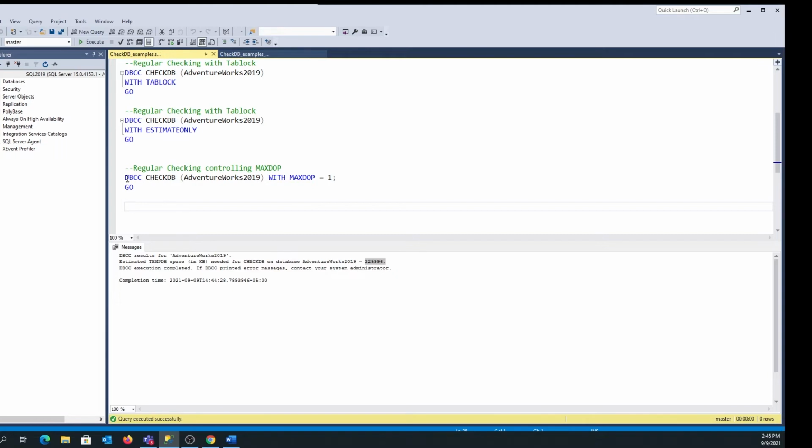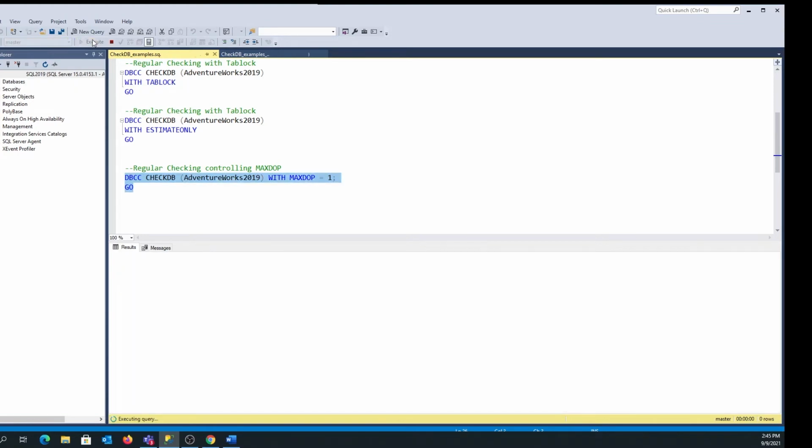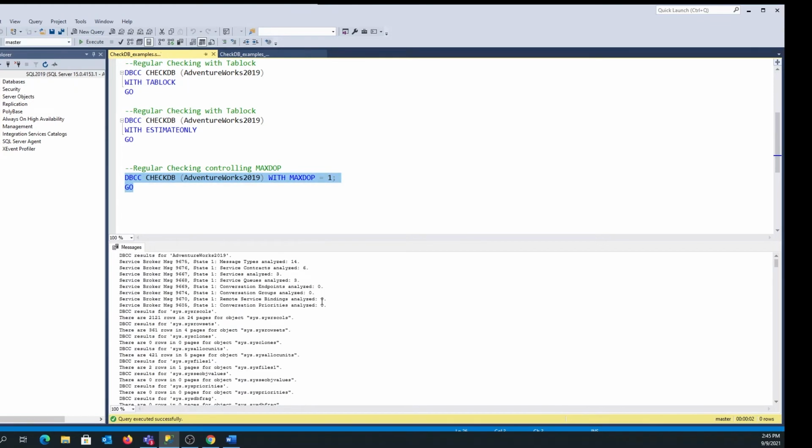So we can limit that with the with MaxStop statement. In this case, I'm telling SQL to only use one processor for our CheckDB run. And when we do that, that's less processors dedicated to this, but it will usually take longer to run your DBCC CheckDB.